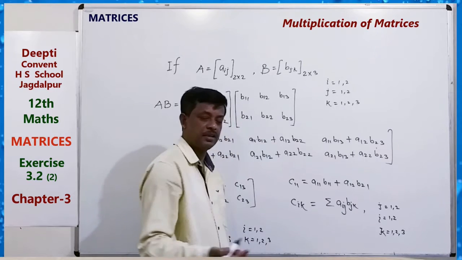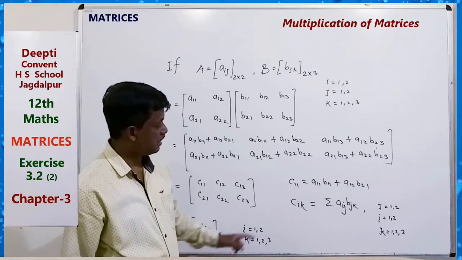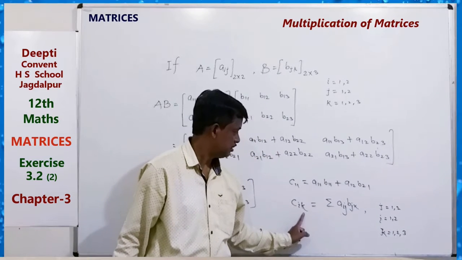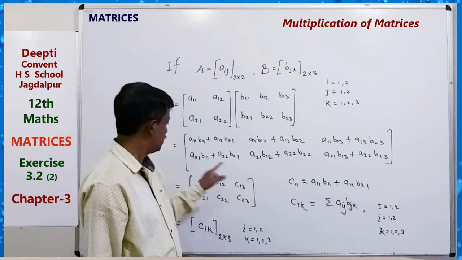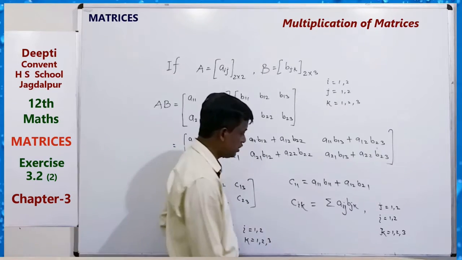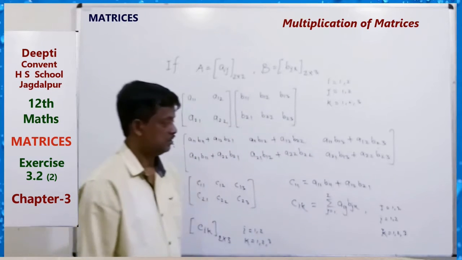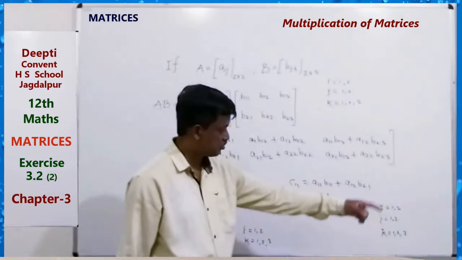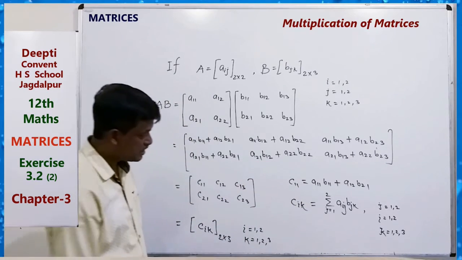Just you can see here by taking i k, i 1, k 1, 1 1. So here 1, here 1, and j, one time 1 1, second time 2 2. Second time 2 2 means what? This. Sum over what? j equals 1 to 2. Sum over j, because here i k also, here i k also. So i equals 1 to 3, k equals 1 to 3, and j equals 1 to 2. So this is the general formula.